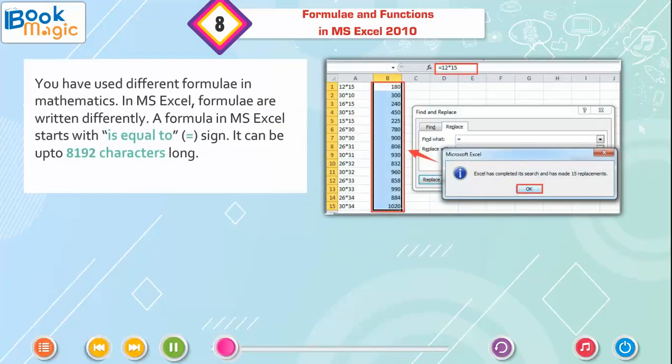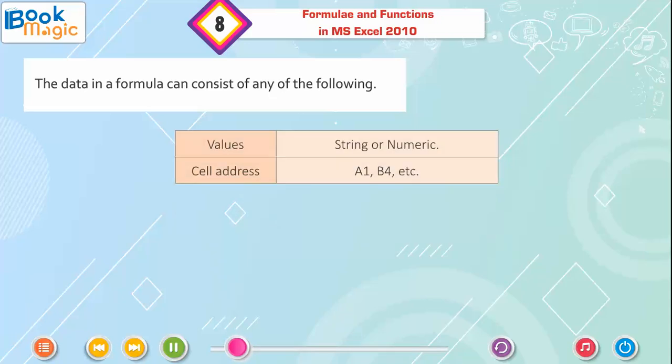You have used different formulae in mathematics. In MS Excel, formulae are written differently. A formula in MS Excel starts with an equal to sign. It can be up to 8192 characters long. The data in a formula can consist of any of the following: value, string or numeric, cell